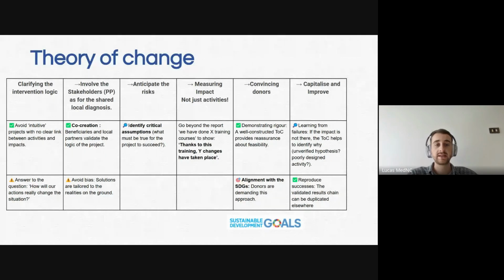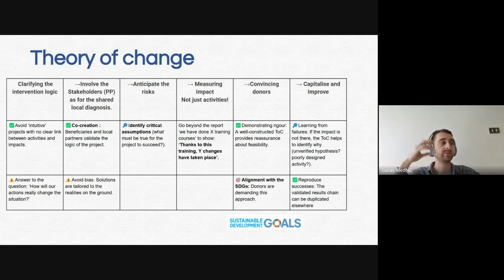The second one, as I said, is to involve the stakeholders. You can co-create your project with the beneficiaries and the local partners, to validate the logic of the project and also to avoid bias, meaning solutions that are not tailored to the realities on the ground. If you do a small project on a very specific need in your town, where you know all the people, it's going to be a very impactful project.